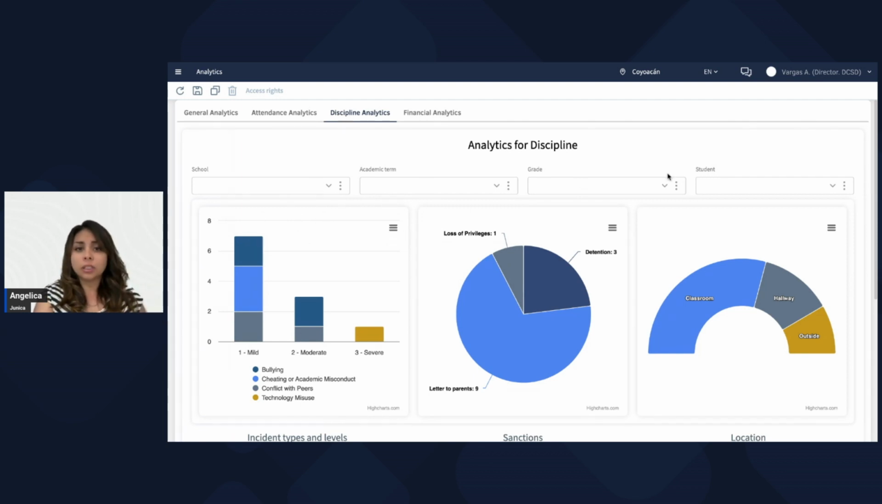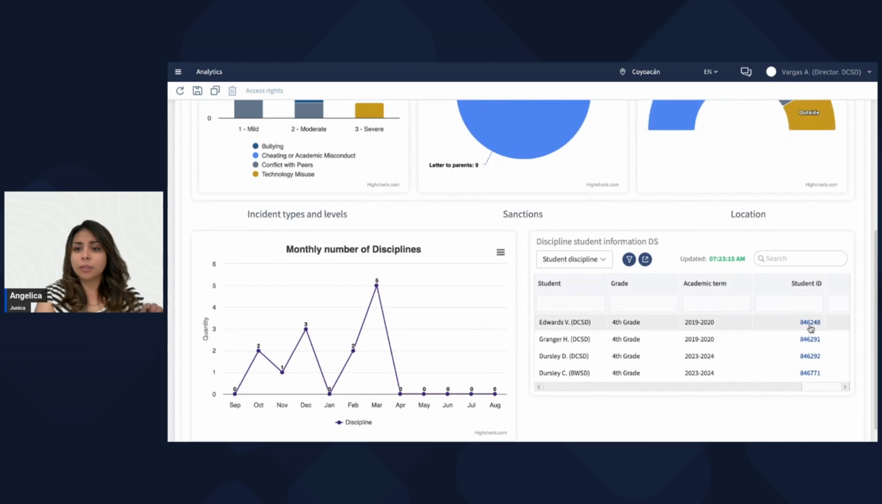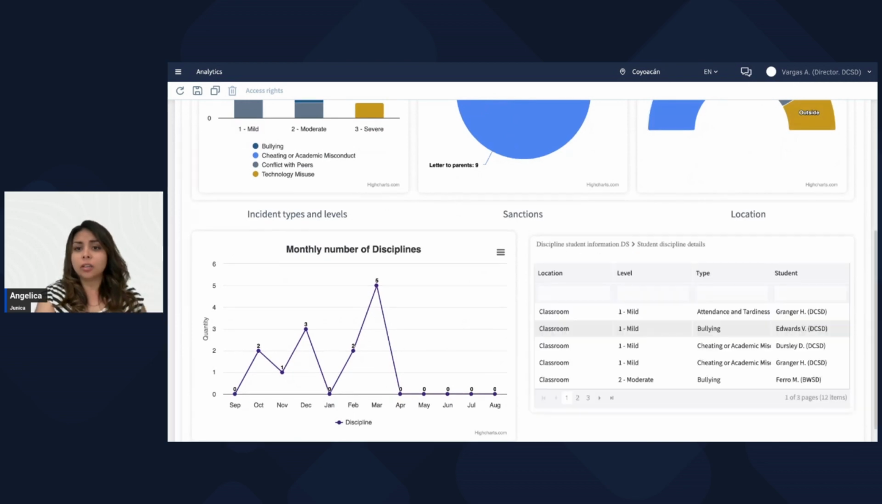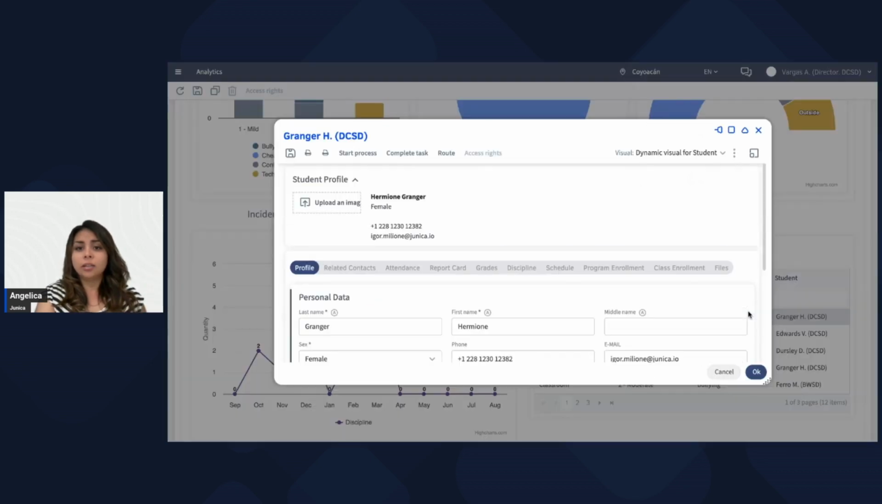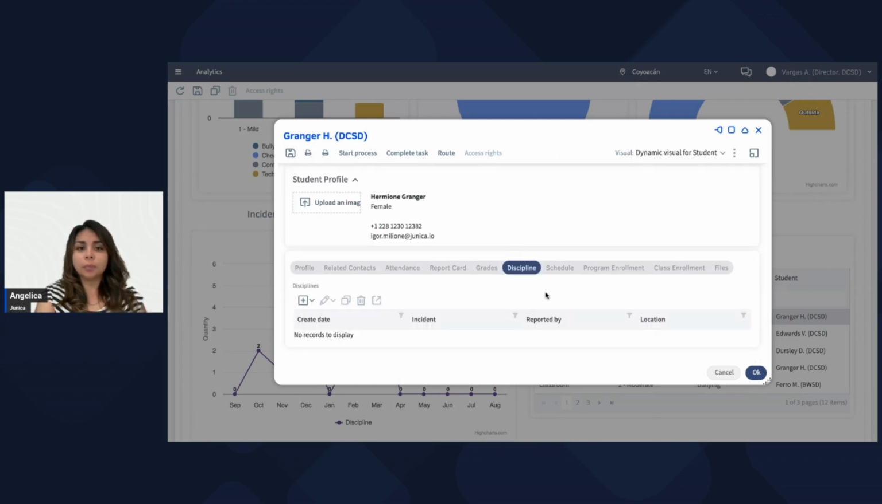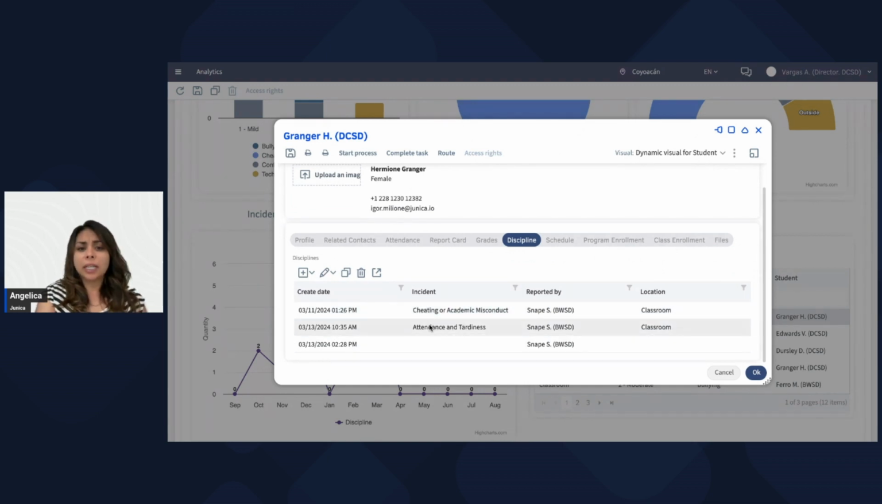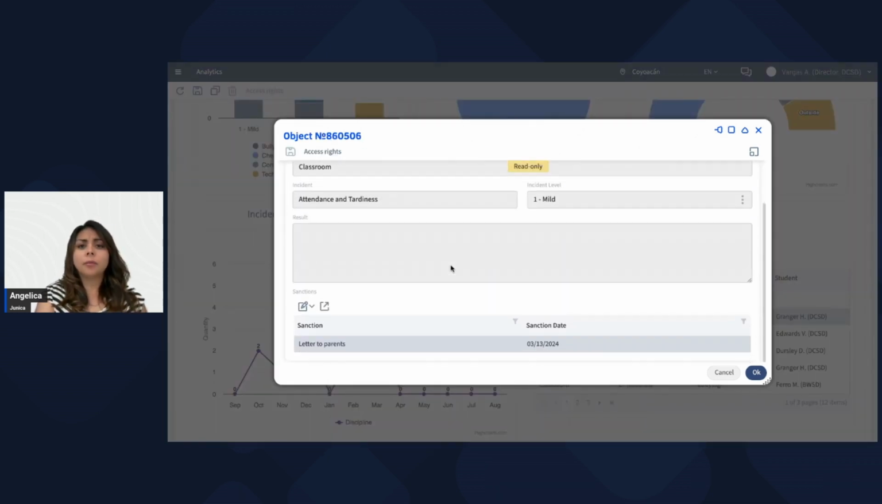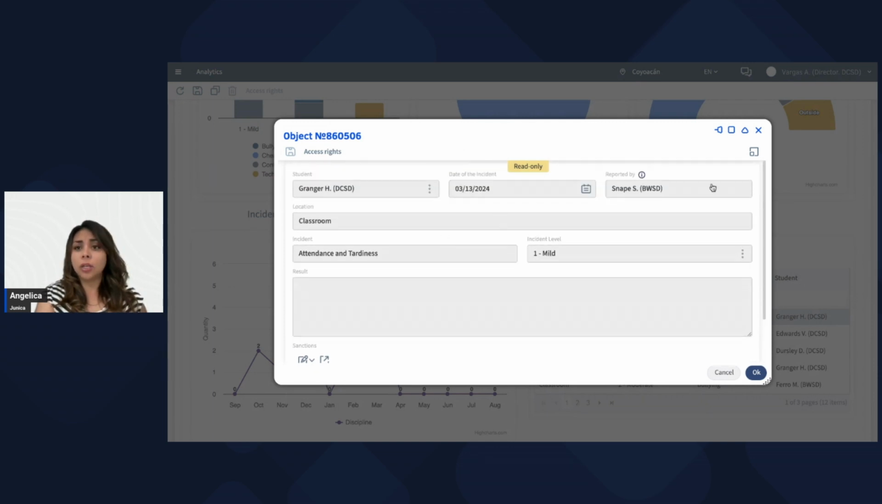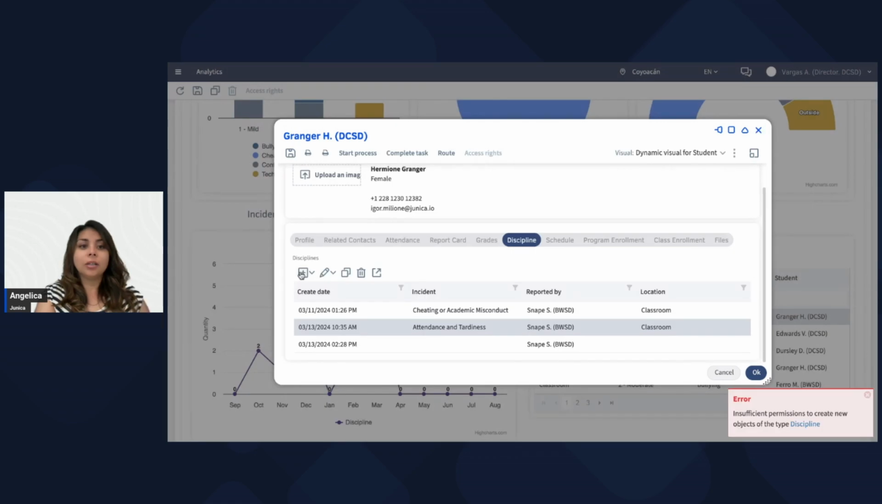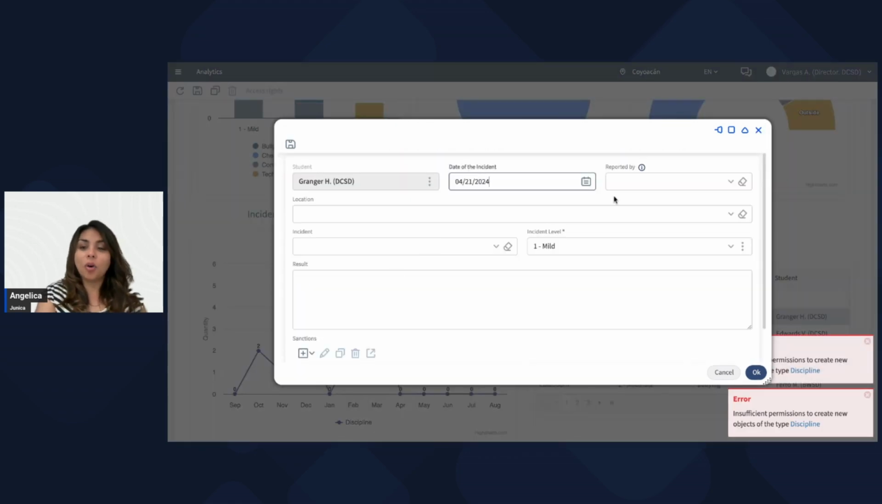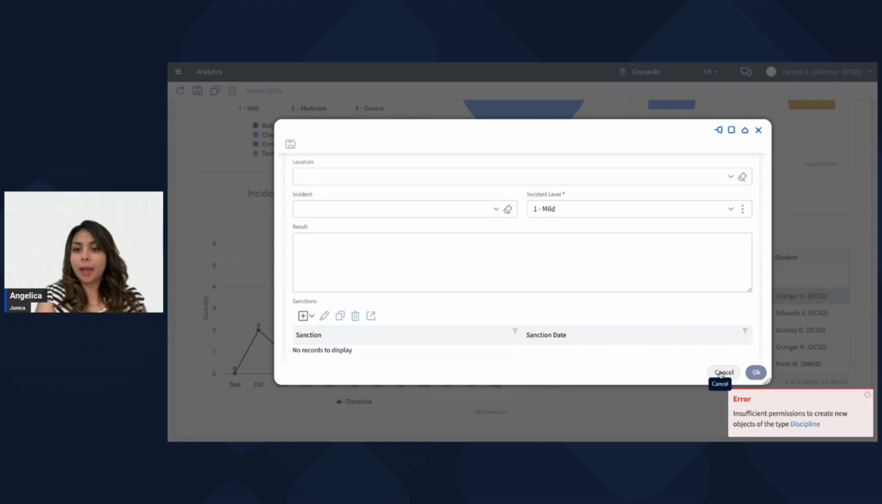You will have your filters as well. So let's scroll down a little bit. Again, I can just click on my student ID, double click to look at the information, and we can go into the discipline tab and we can actually look at the history. So what happened, where did it happen, who was involved, what type of incident level was this, what was the sanction. So you can look at that here, and you can also click here and create a new report. So now let's go back